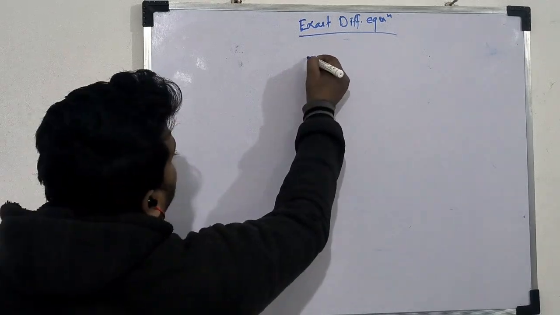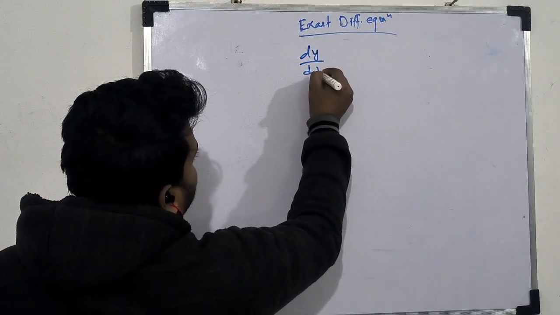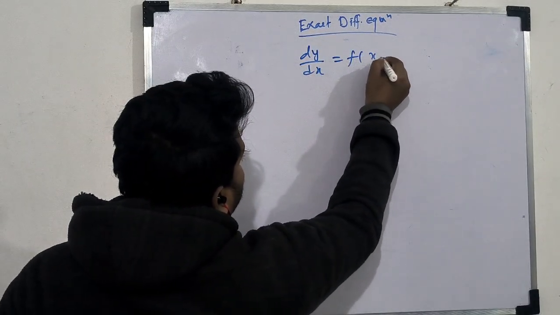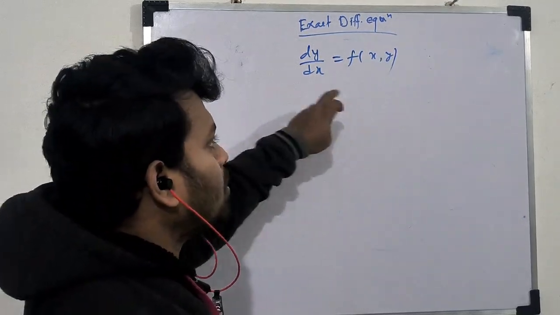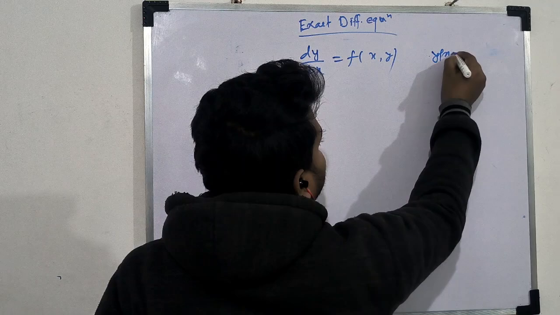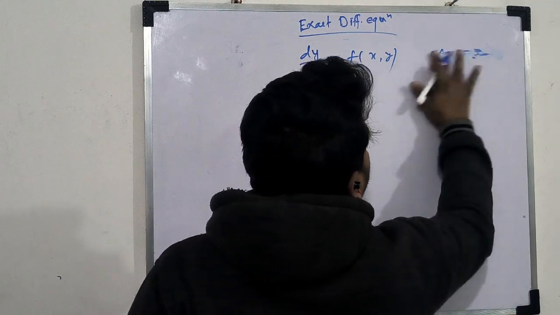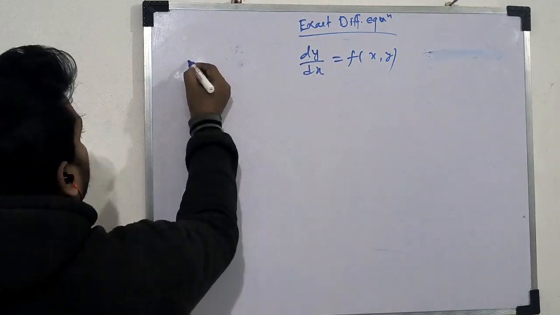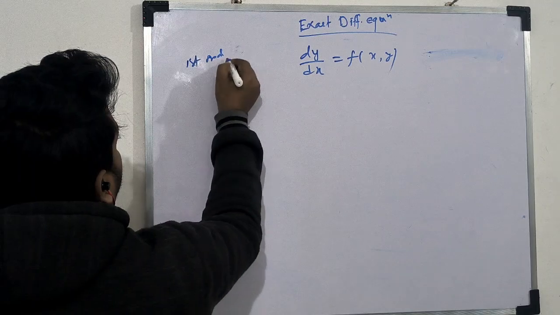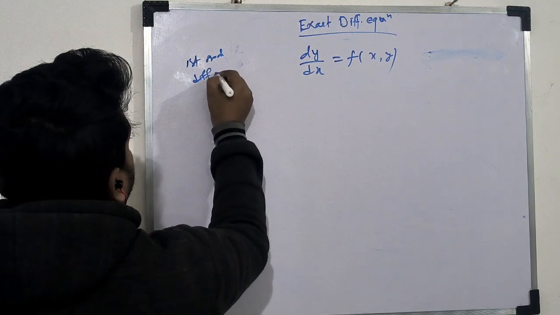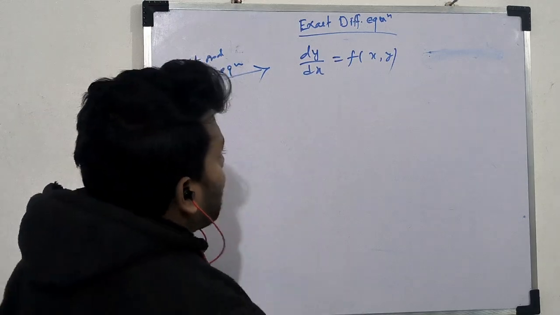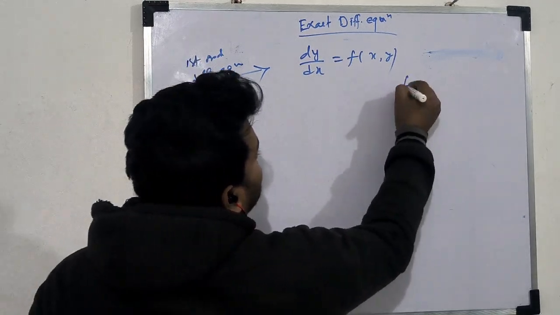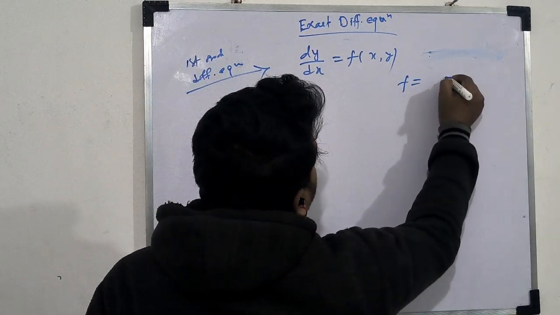So first take a first order differential equation dy dx. So you know this looks like this. Whenever we take an initial value problem, then we have to take y(x0) equal to y0. But here I will talk about first order differential equation. Okay, so this is first order differential equation, and in this equation, f is a function of